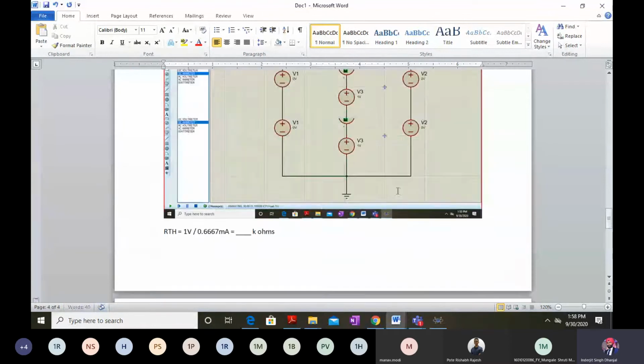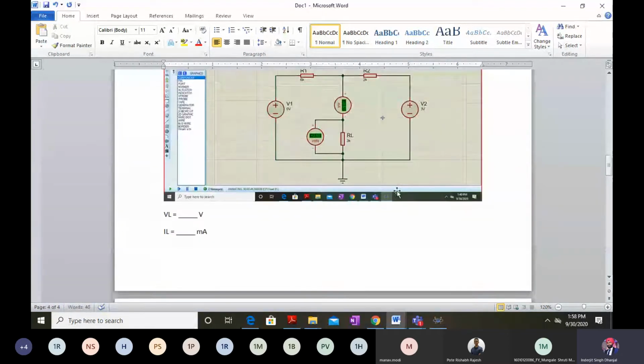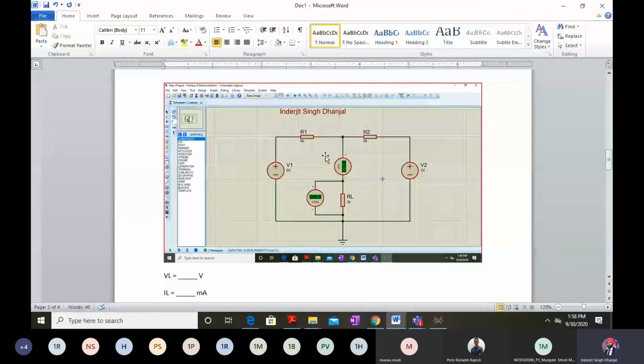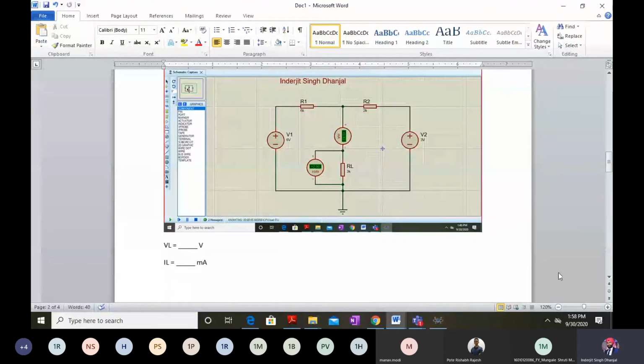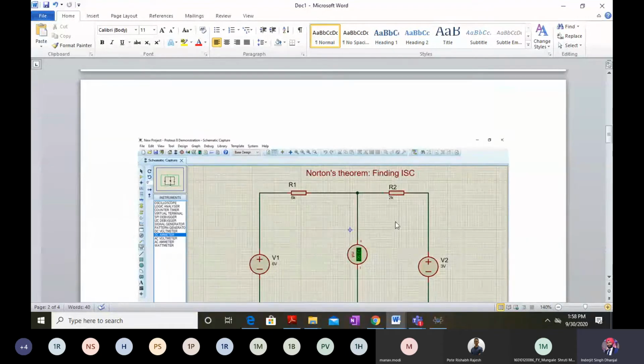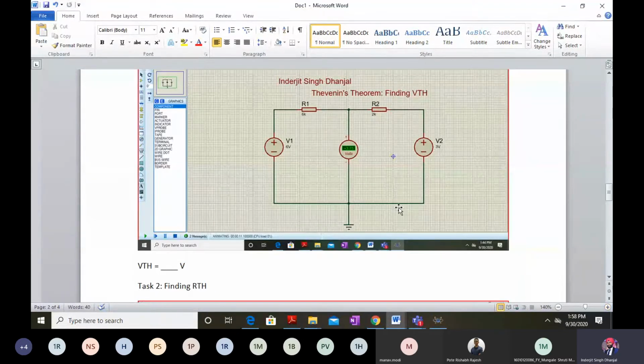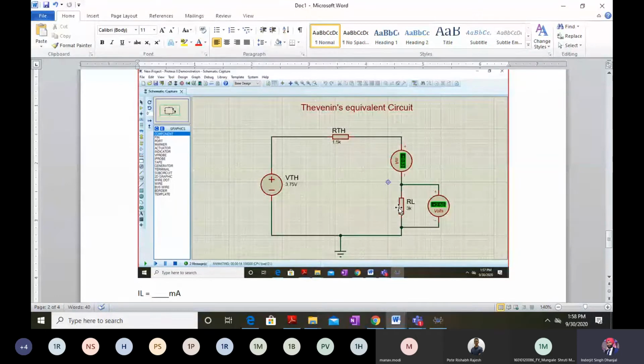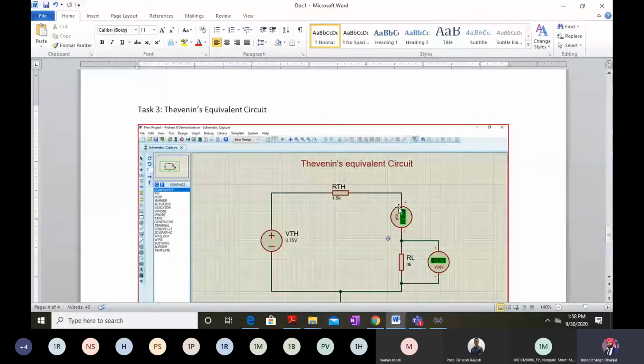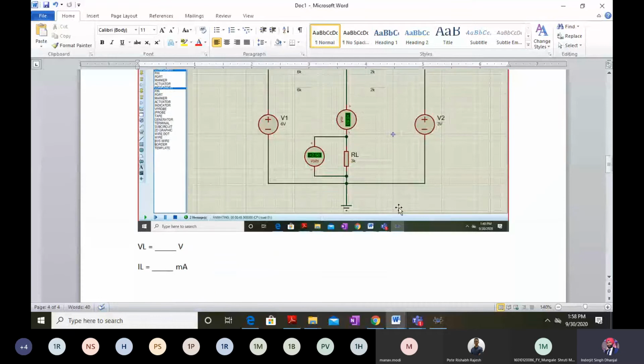If you see carefully, initially we calculated the IL and VL directly in the entire circuit. Let me just expand this. Okay, where is the main circuit?